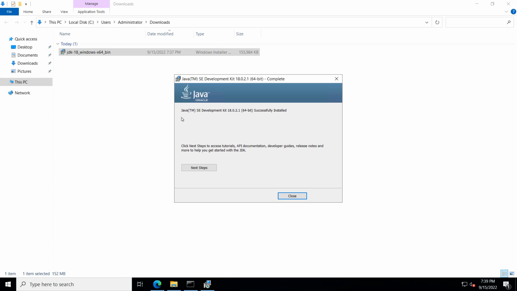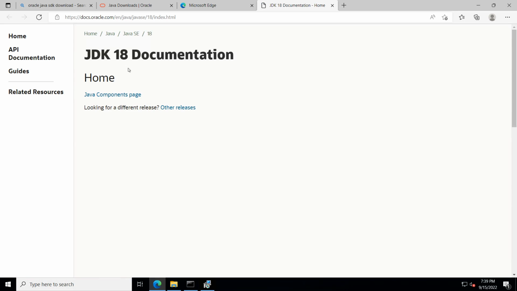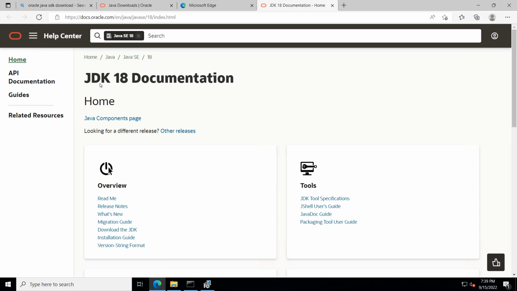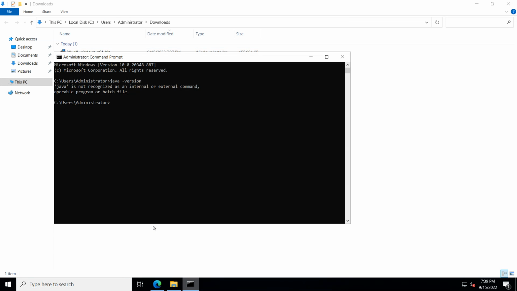Click next steps to access tutorials, API documentation, developer guides, release notes, and more to help you get started with the JDK. So you can click on it and it will take you to a website for useful links about documentation and guides, etc. We are not going to look into this in this video tutorial. So let us close it, and now we again check using the same command, and it is still not recognized